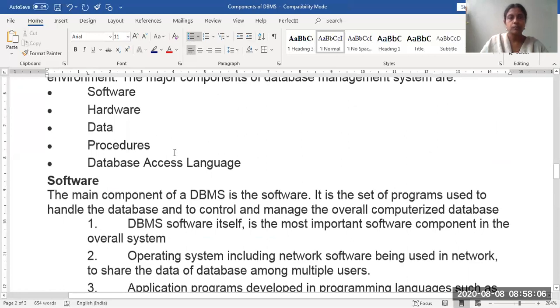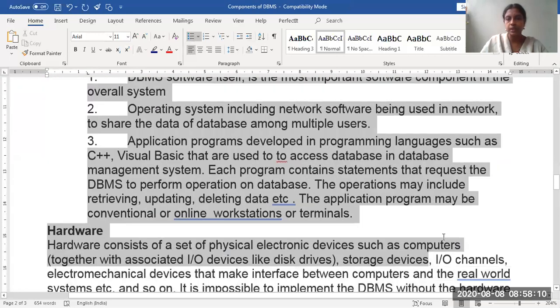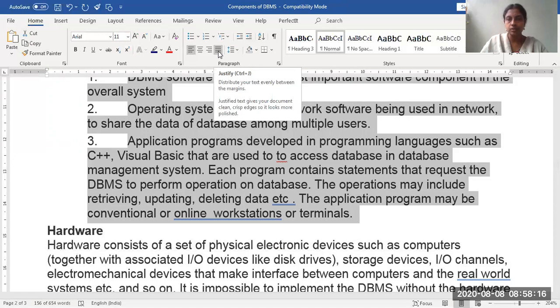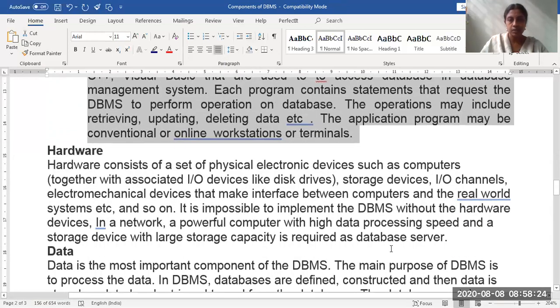To fix this, select the document. Everything in Word, whatever you do, you need to select only that particular place, and the formatting will be applied. Select it and make it justified. Now you can see the right side and left side both have a justified alignment. This is how we do it. This paragraph we did not select, so the justified alignment is not applied.